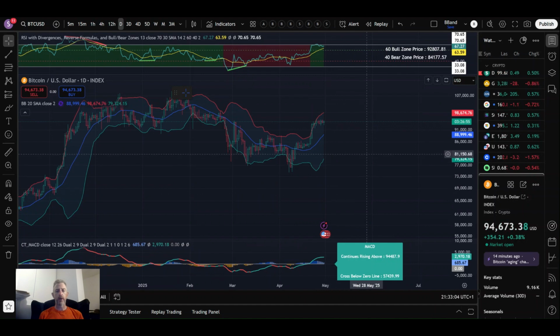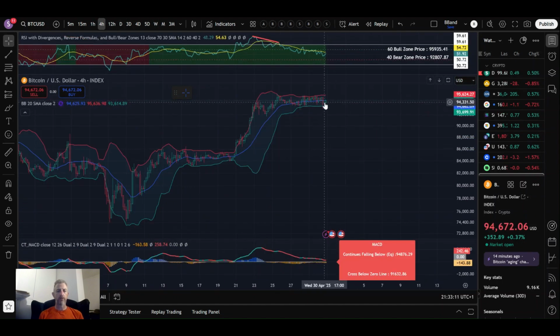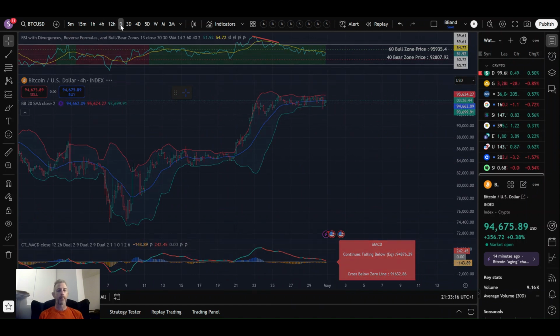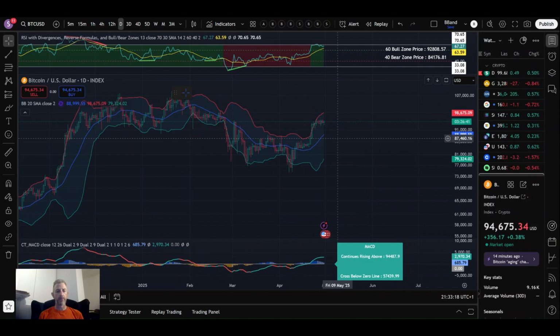And so if that indeed doesn't happen, so if, say, for example, on the 4-hour time frame, you start to get volatility picking up to the downside, then on the daily, me personally, I'd like to see an area defended somewhere around 87.5 on a daily time frame, which should be a support area. And then even if there was a bit of a volatile move on the 4-hour that brought Bitcoin back down to sort of high 80s,